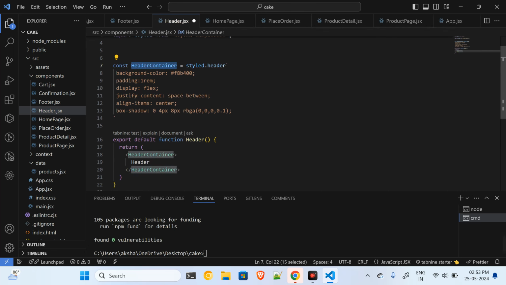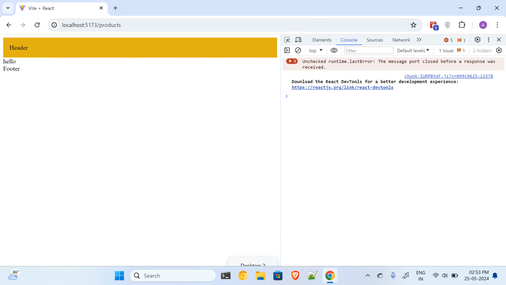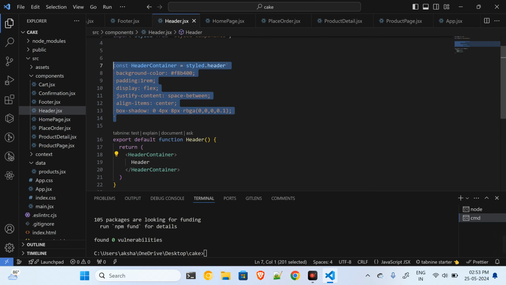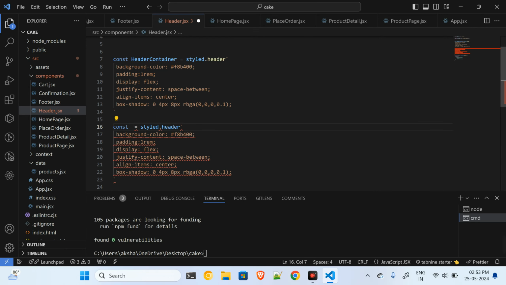Okay, so this is how we declare the styled components and then we import them. So yeah, this is how the header will look over here. And inside of this header component, I will have the nav links. So for that purpose, I will copy this. I will paste it down below, and I will say